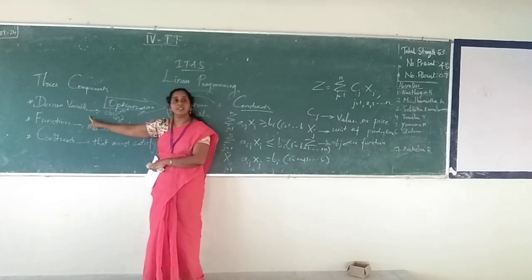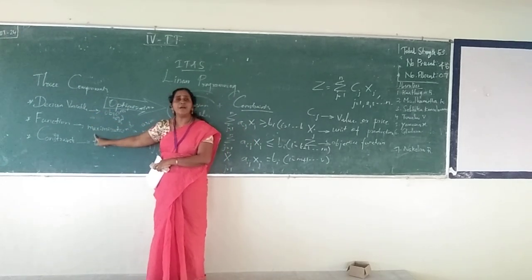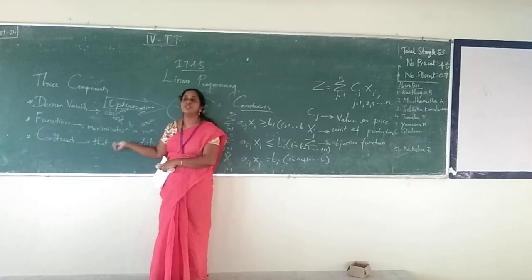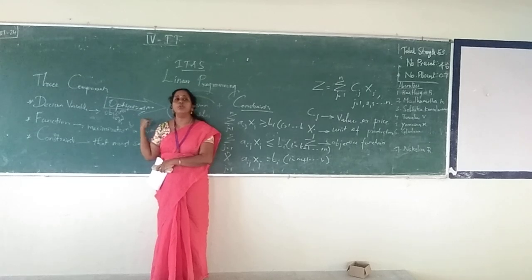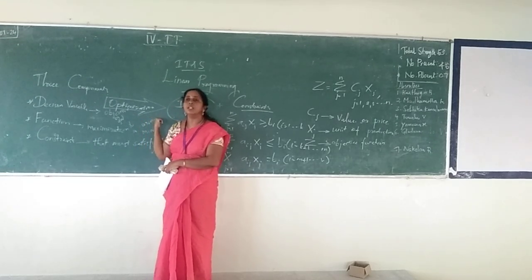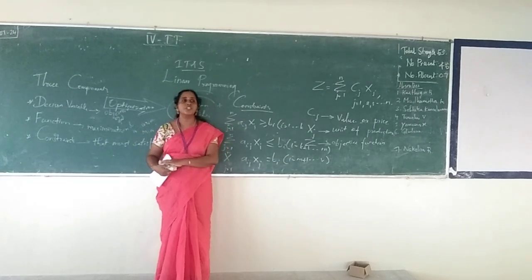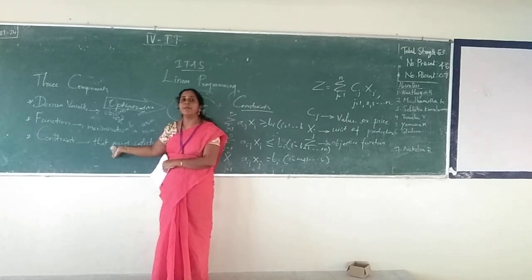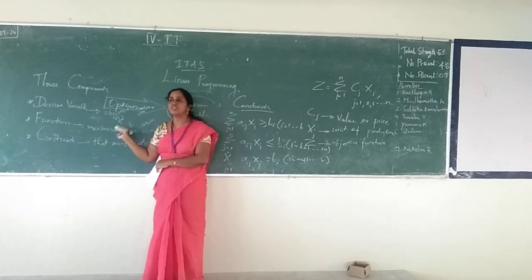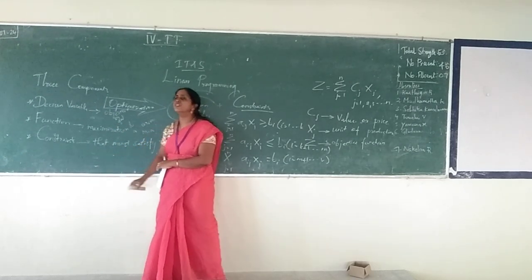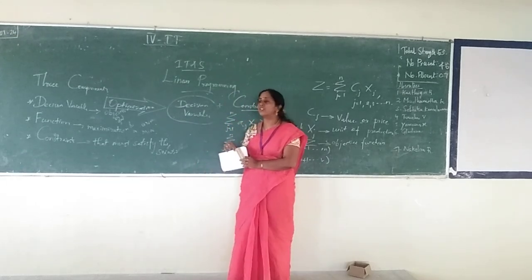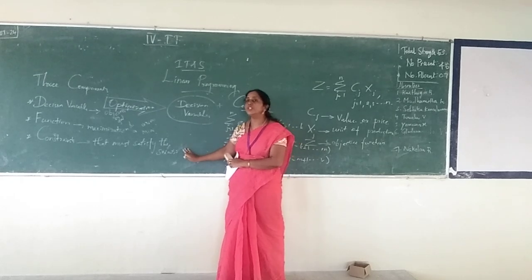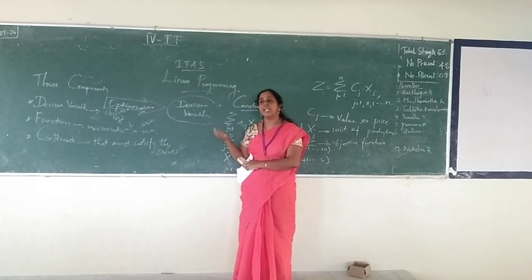The goal is defined by the decision variable. Then the function can be a maximization function or a minimization function. If we are going to increase the production, we can use a maximization function, or if we want to reduce or optimize, we can use a minimization function. Then constraints can be used in order to satisfy the solution. To achieve whatever solution we want, we can use various constraints.